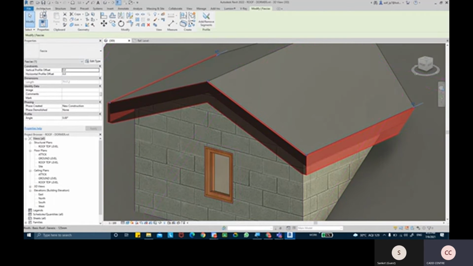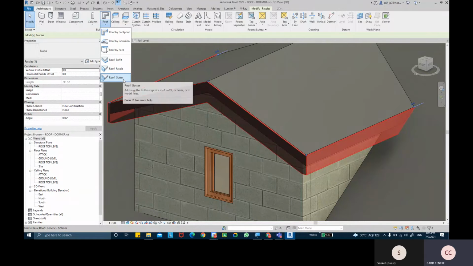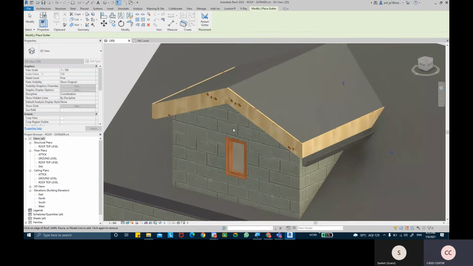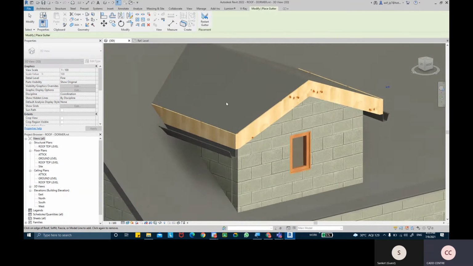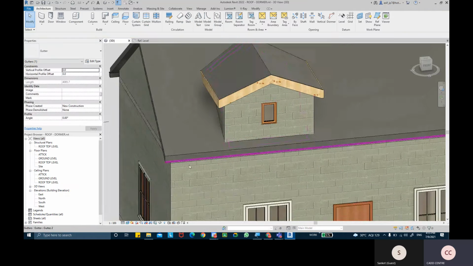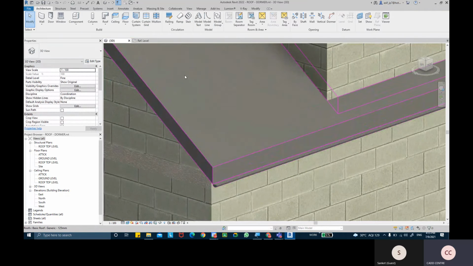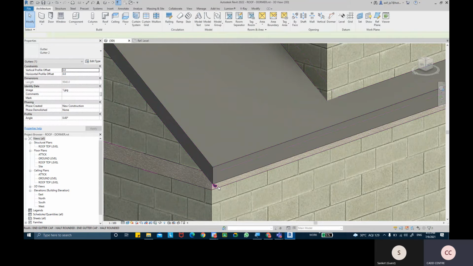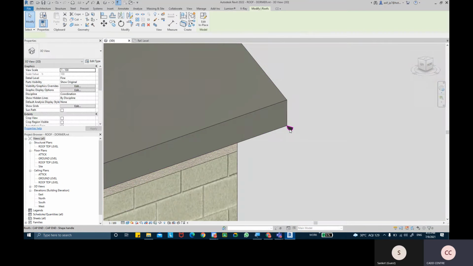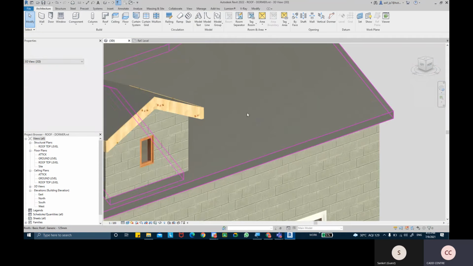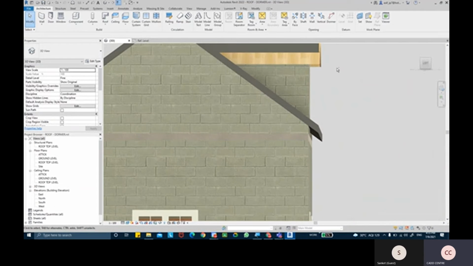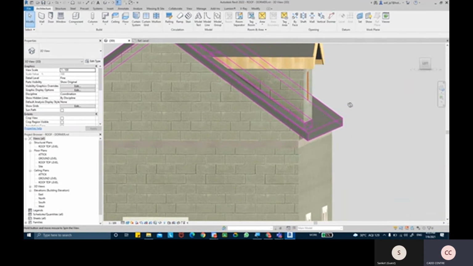And then you can add the gutters on top of them. And this edge, otherwise we don't actually add them over here, so I'm going to leave that. So that's your fascias, roof fascia, and the roof gutters.